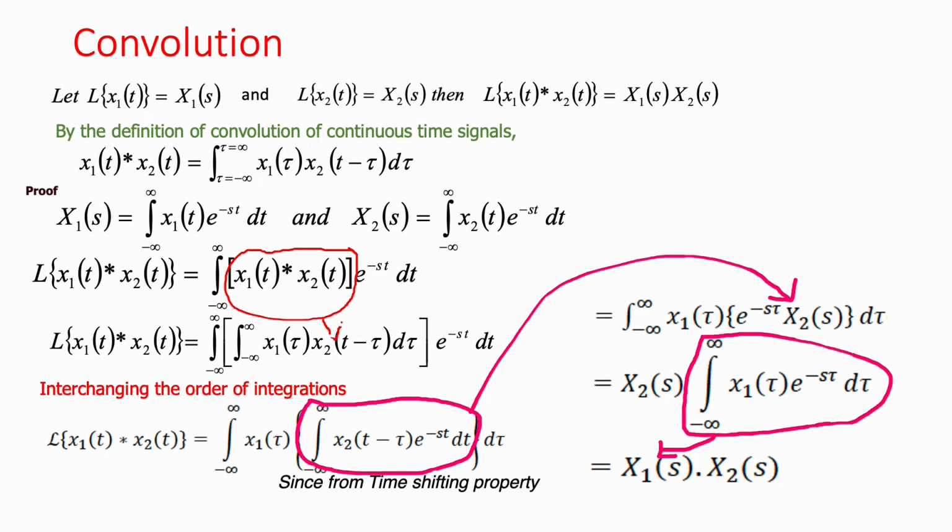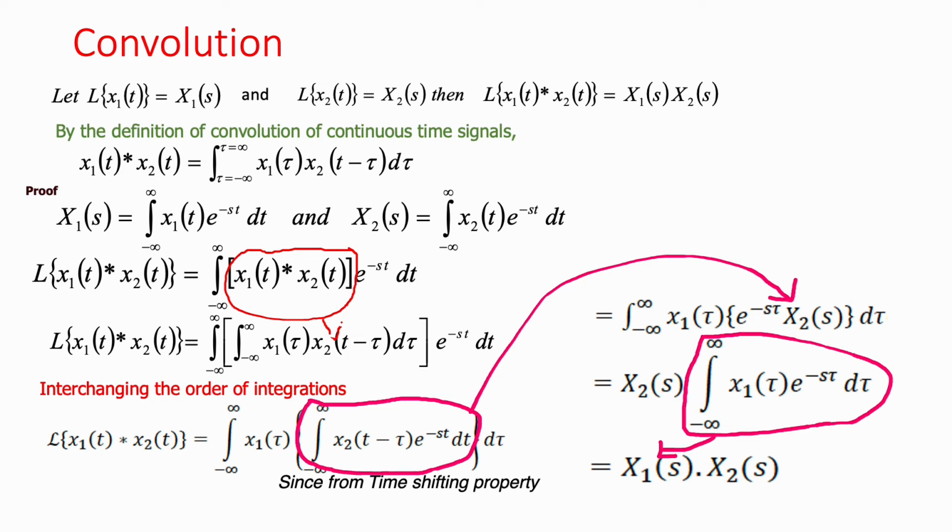Interchange the order of the integration, because here you have two integrations. Interchange the order of integrations to simplify the above equation. Now one integration minus infinity to plus infinity x1 of tau, then another integration x2 of t minus tau e power minus st dt. You take this as one group, now d tau. Now already we have discussed the time shifting property. As we know the time shifting property, the red color rounded part can be replaced by e power minus s tau